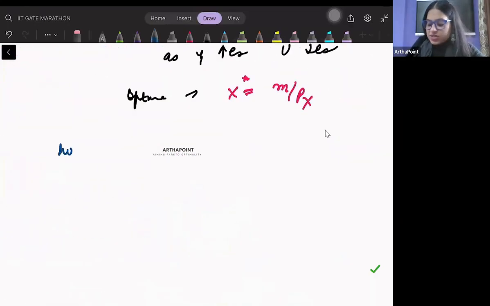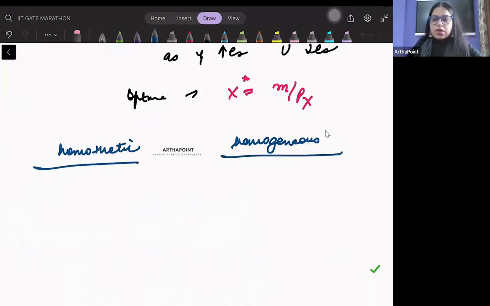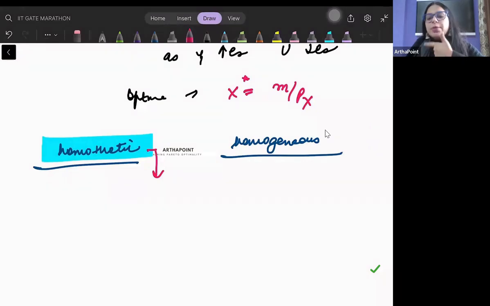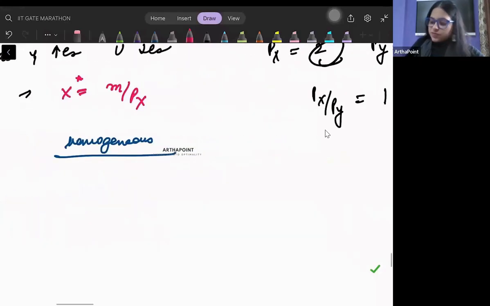There is a difference between homothetic function and homogeneous function. Homogeneous means that whatever your utility function or production function is, after scaling, you are able to take that scaling factor out or not. For example,